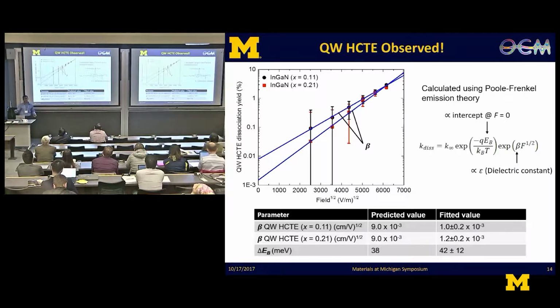We can extract the change in EQE as a function of field in the device, and we find that it shows a systematic linear relationship with square root of the field, which is predicted by the Poole-Frenkel emission theory. So the slope here is proportional to the dielectric screening by the quantum well, and the binding energy is proportional to the intercept at the field. And we find that the predicted value matched the fitted value, which suggests that the quantum well state does